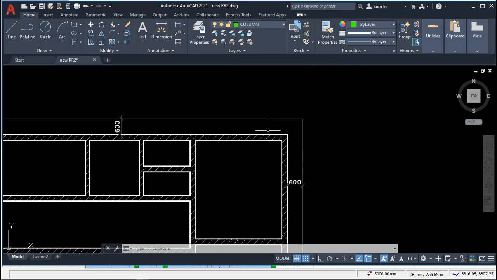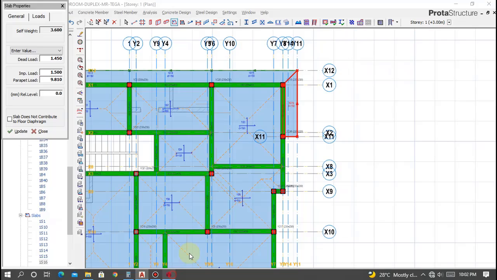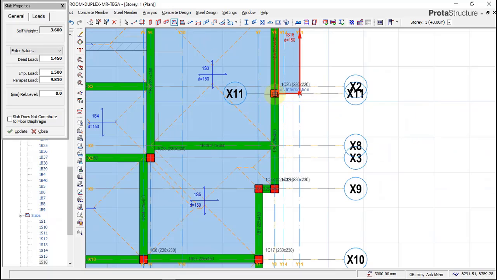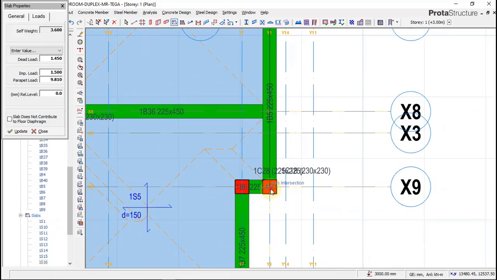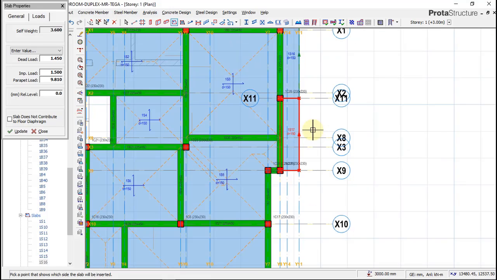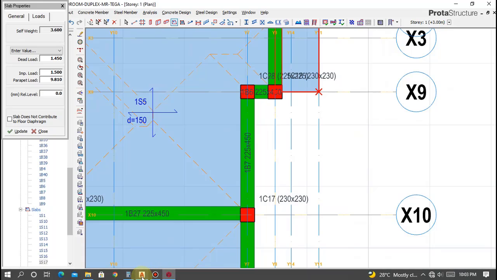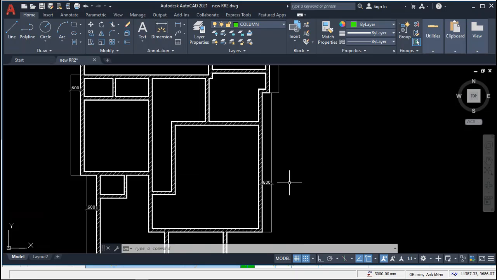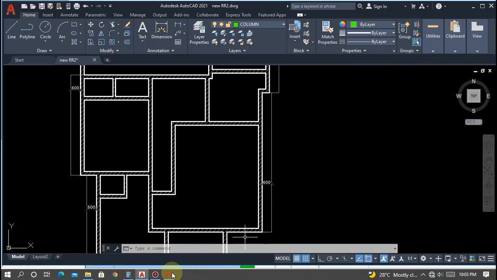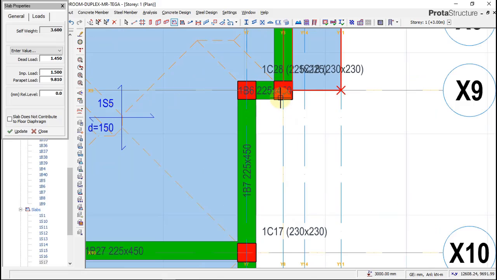We have this kind of shape here. So we go back again, click outside, then we have a cantilever on this face, on this area. So we also go and say okay,